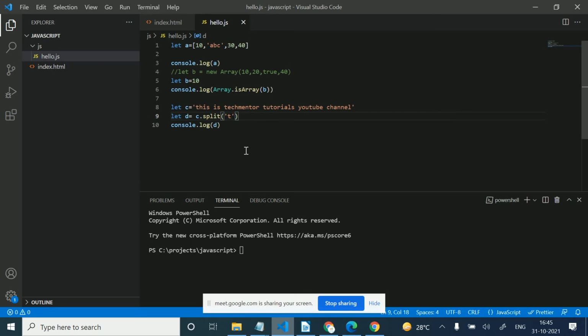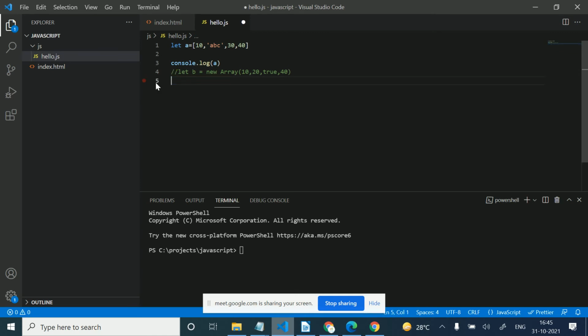Okay, so vice versa, if we want to convert some array to a string, how can we convert this? Okay, so we can convert this as well. I want to uncomment this. So we have a join function here. Okay, so I will call b.join.